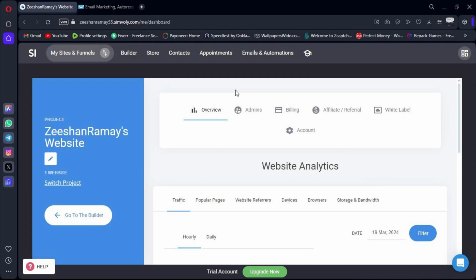Hello everyone. Today I'm going to show you how to integrate Simvoly with GetResponse so you can seamlessly manage your email marketing campaigns. First, log into your Simvoly account by using the link in the description and navigate to the